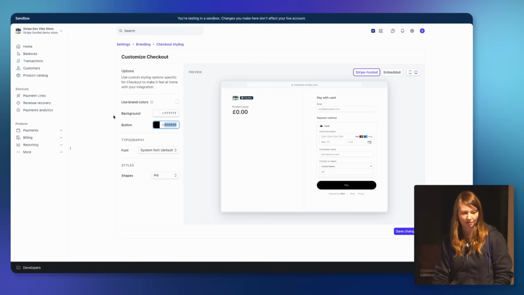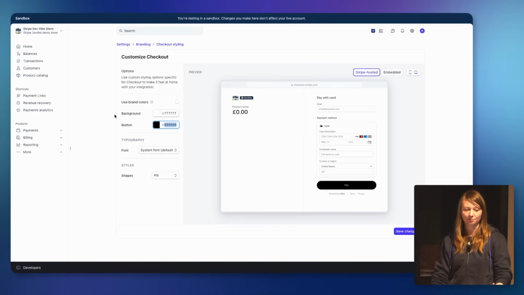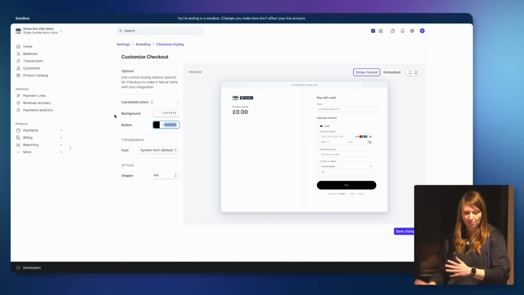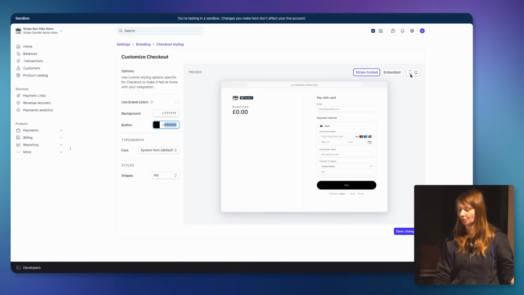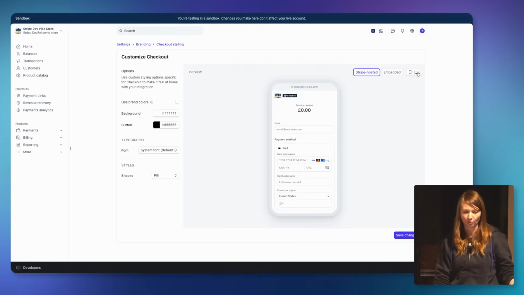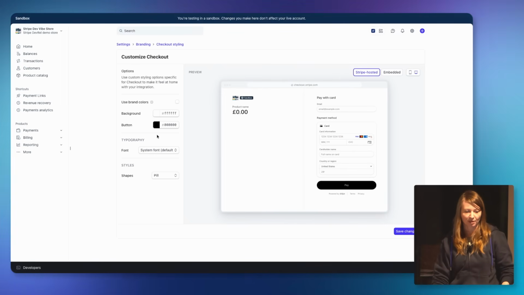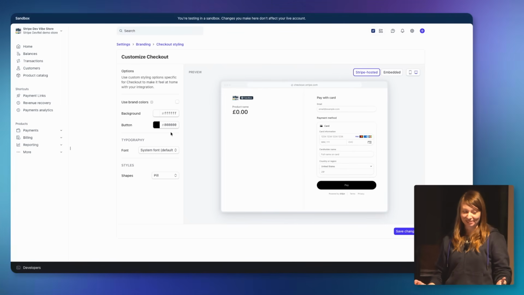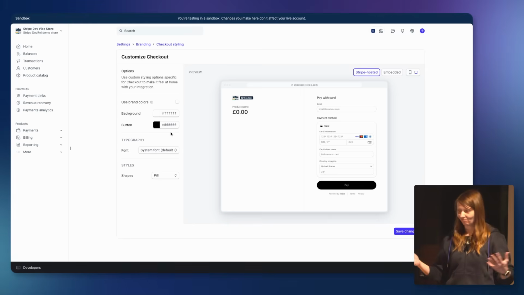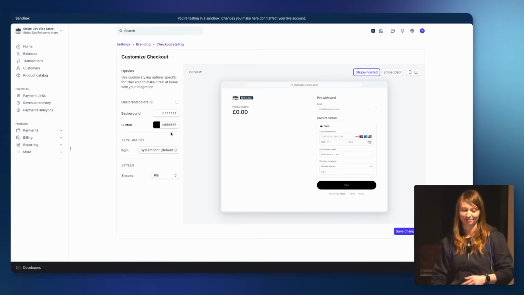So we're here in the Stripe dashboard. This is on our demo account, and you can see this is a little preview of what your payment link would look like. You can do mobile or desktop. And first thing we're going to do is mess with the colors because this looks way too clean for the